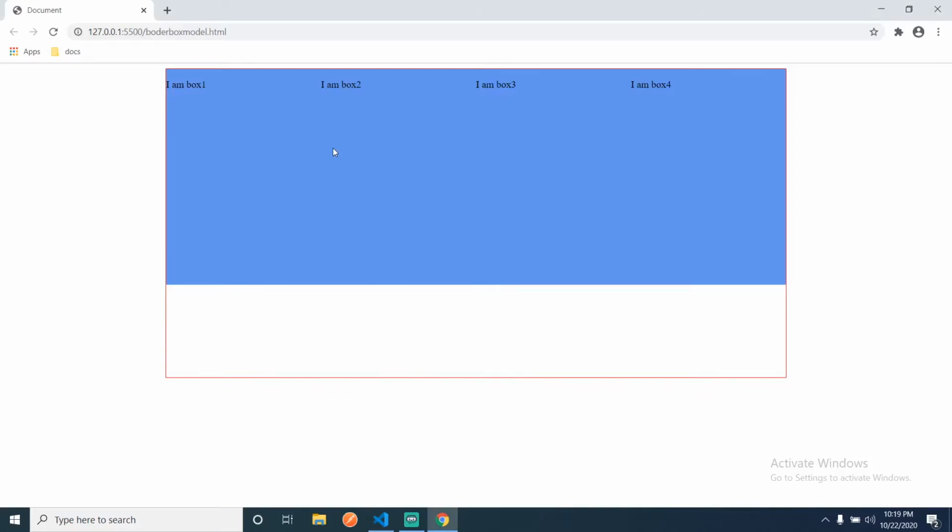Our outer box, that is the container, is totally filled with these boxes, but this layout is not looking very good. So I want to give some border to each and every box.